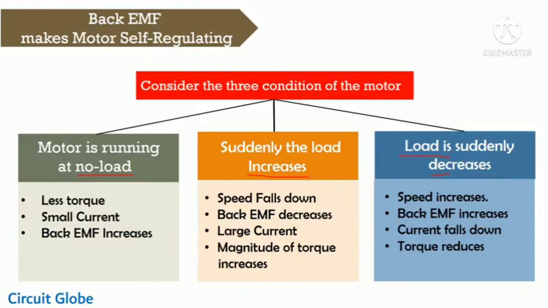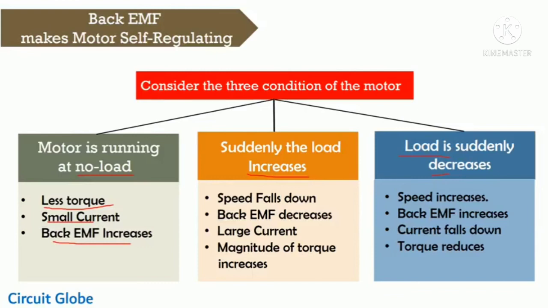Now first understand what happens when the motor is running at no load. If the motor is running at no load, that means the motor requires very little torque, and torque is directly proportional to the armature current. If the value of the torque is less, that means a very small amount of current is induced in the conductor. As I explained, the armature current is inversely proportional to the back EMF induced in the conductor. So if the armature current is less, that means the magnitude of the EMF induced in the conductor is very high. So we can say that at no load condition, the value of the back EMF is nearly equal to the supply voltage.